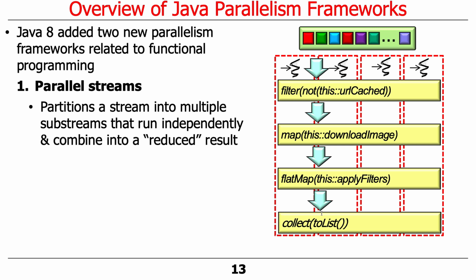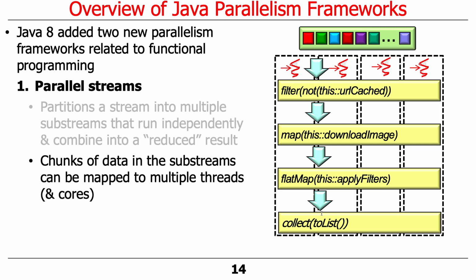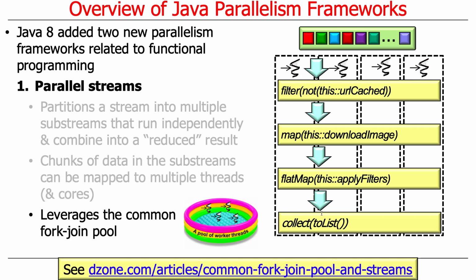So if you think about this briefly, you split the data up into chunks using a parallel split iterator with a try-split method. Each of the chunks then runs in its own thread, and then when we get done, the terminal operation combines them all together again, and you get a single reduced result. So that's what parallel streams do in a nutshell. It's streams where the stream is broken up into substreams, and these substreams are mapped to the threads and cores, so it all works very efficiently.